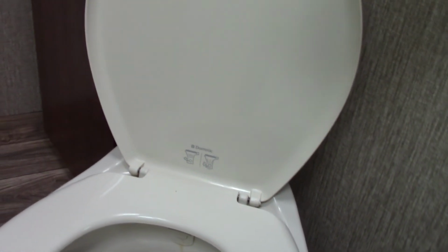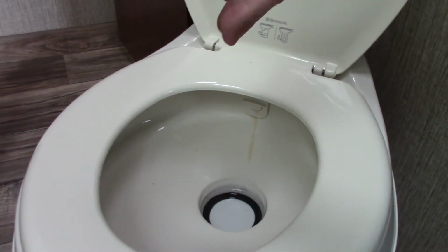When you get to the campground, you're going to hook up the water and the power. Then you come inside, you'll dump your chemical right in the toilet bowl, whichever brand you use. You'll put 1 dose in there. Then you step on the flush pedal down here